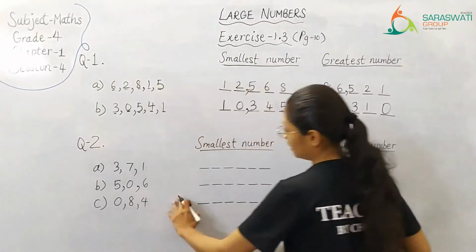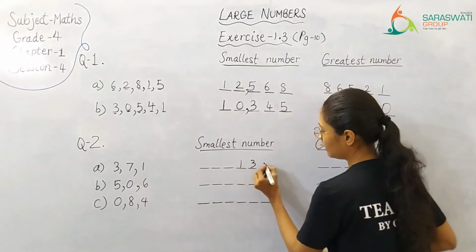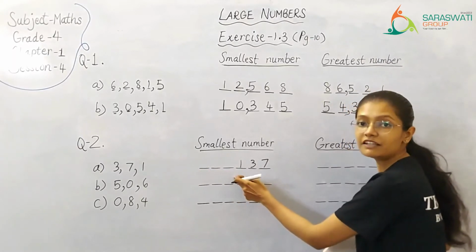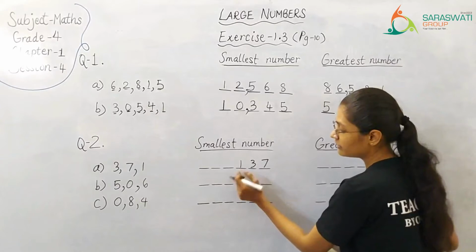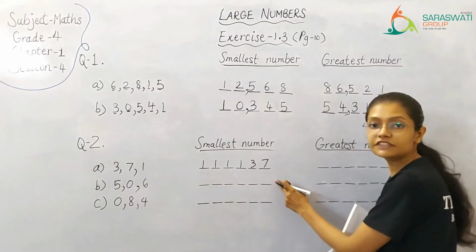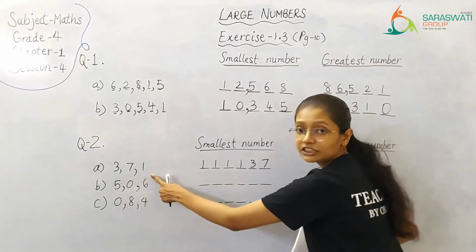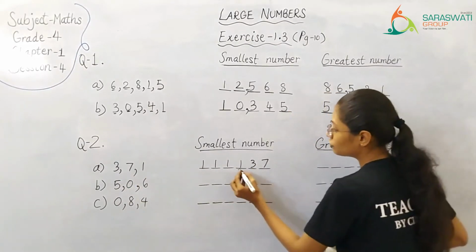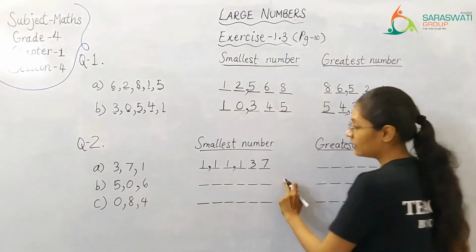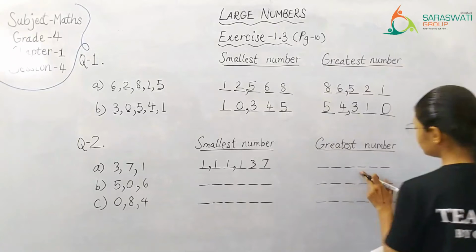Now, over here, writing them in the ascending order. So, 1, 3 and 7. Now, towards the extreme left, we will repeat the digit which is having the least value. So, 1 is having the least value, so we will repeat it over here. So, this is our smallest 6-digit number that is formed using these 3 digits, and we have used these 3 digits at least once. So, the number is 1,11,137.